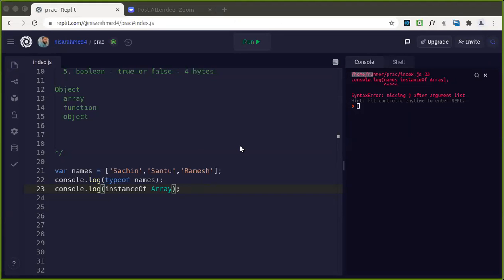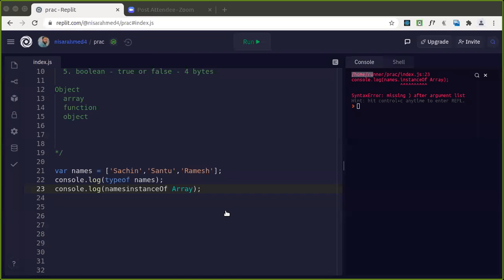Let me check, guys. instanceof will just give us, okay, names instanceof. Yeah, instanceof will basically, there is an object called Array.